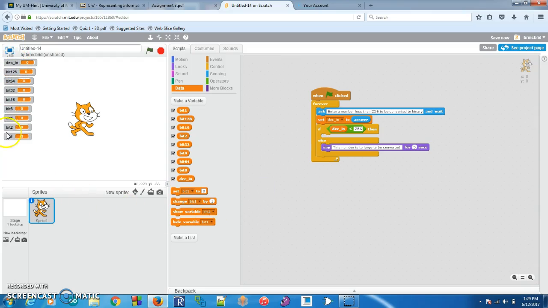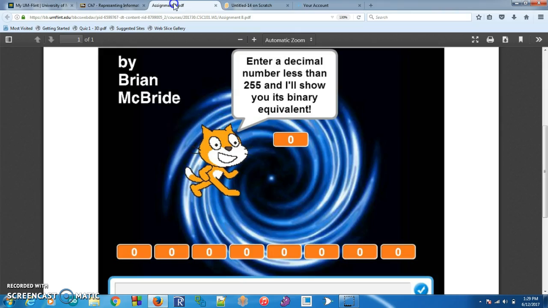So there are my 8 bits: 128, 64, 32, 16, 8, 4, 2, and 1. What I want to do is display them in the way that I'm showing on the example in the assignment document. So to do this,